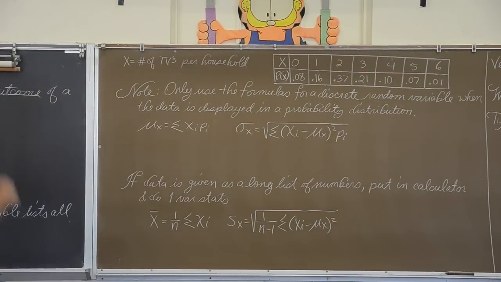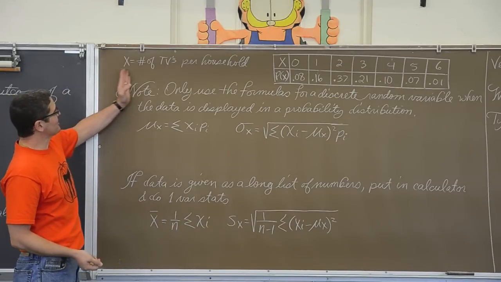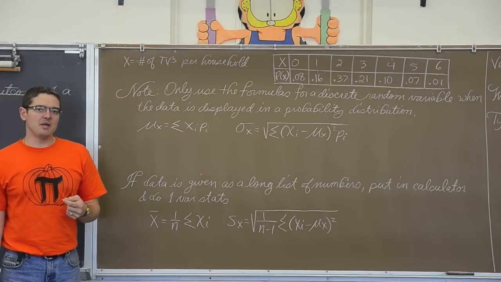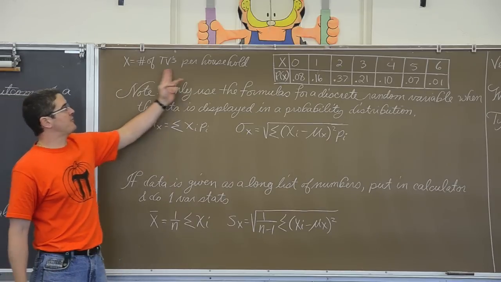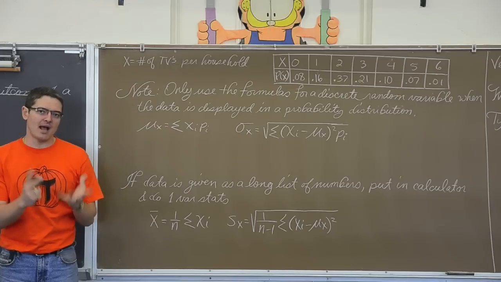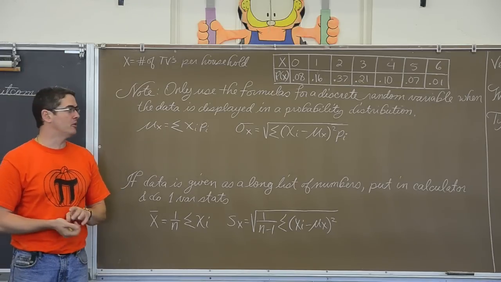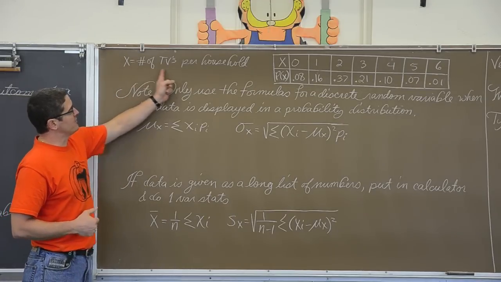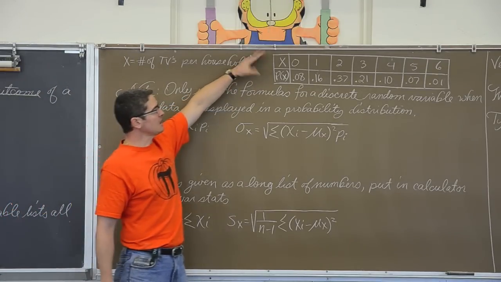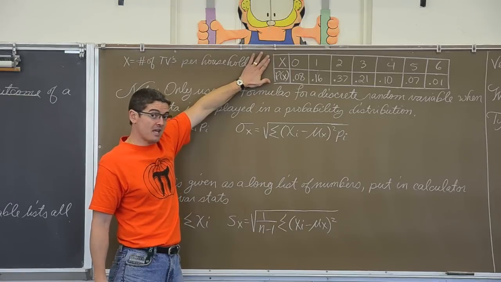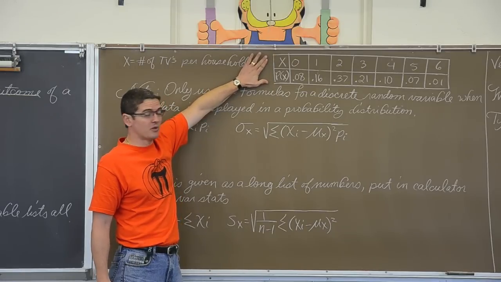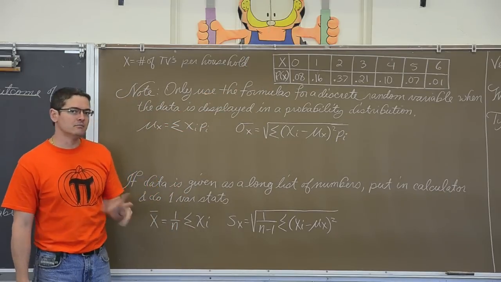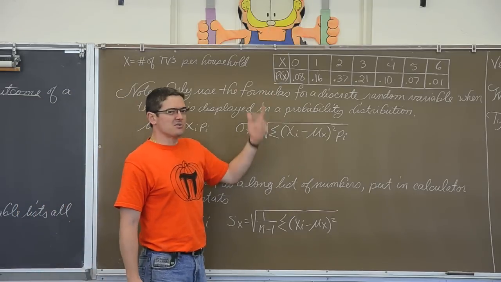Okay, so let's say I'm surveying, making a random selection of people in the population, and I want to find out how many TVs they have in their entire household. Maybe one in the bedroom, one in the living room, or what have you. My variable of interest is the number of TVs per household. So I have a PDF table, a probability distribution function, set up here. Basically, it looks exactly like a probability model, and you can probably use that almost interchangeably.